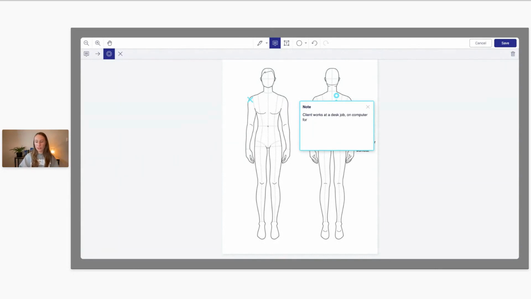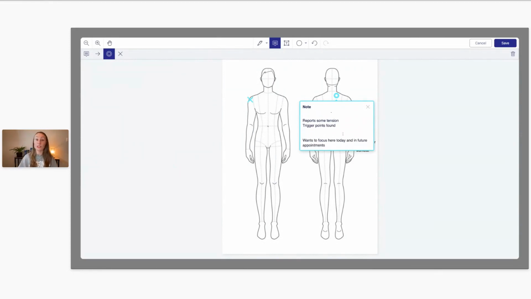I'll say, reports some tension, trigger points found as well. The provider did find some trigger points. And so we're just going to say wants to focus here. You can kind of put whatever, these are just some example notes here, but you can just add whatever you need there. And something else you'll notice too, as I tab down,